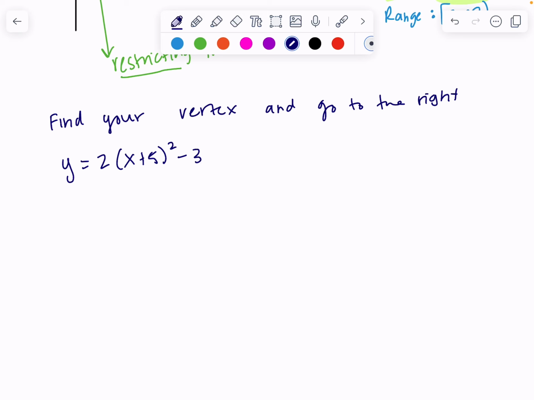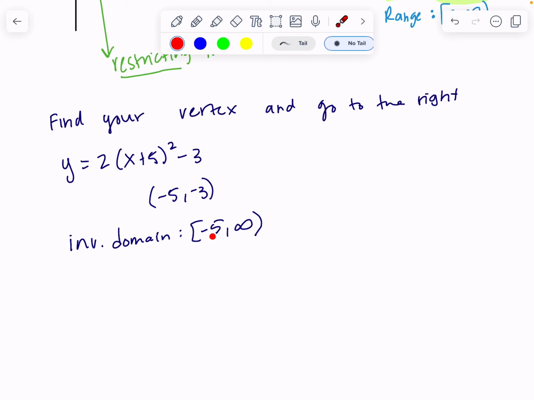If I'm trying to find that invertible domain, I'm going to say, okay, what is my vertex? Well, it's negative 5, negative 3. So my invertible domain will be negative 5 to infinity. The invertible domain is always going to be the x value of your vertex